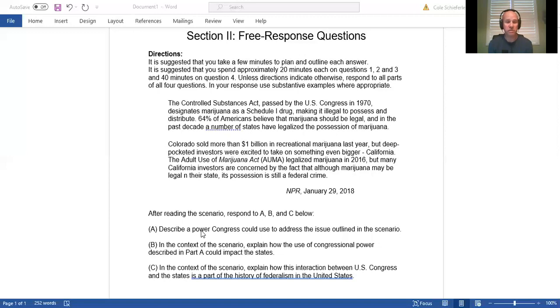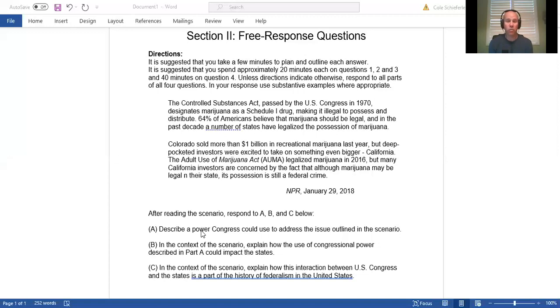So if Congress wanted to address this issue above, Congress could change the funding that is given to the government agency that enforces the Controlled Substance Act. In this case, it would be the Drug Enforcement Agency. Now, whether you knew that or not, you wouldn't have to name the DEA, but it would be impressive if you could, okay? And so if you could just say, Congress could alter the funding that the agency would get, okay? Everybody with me on that?